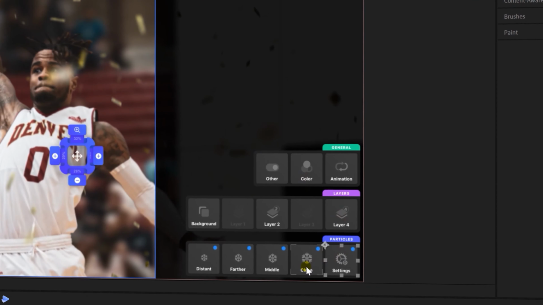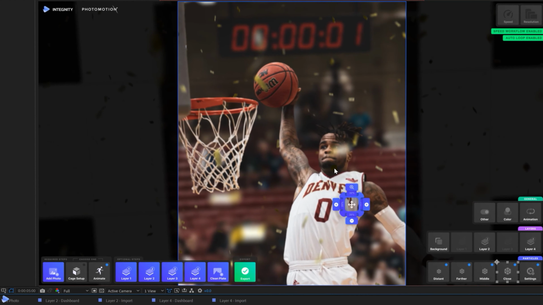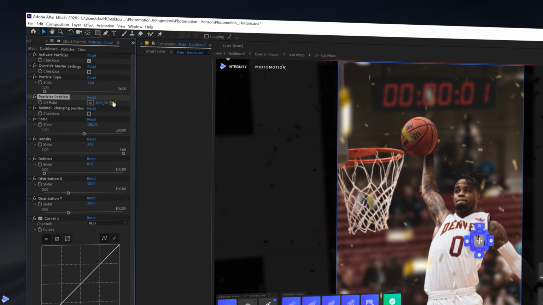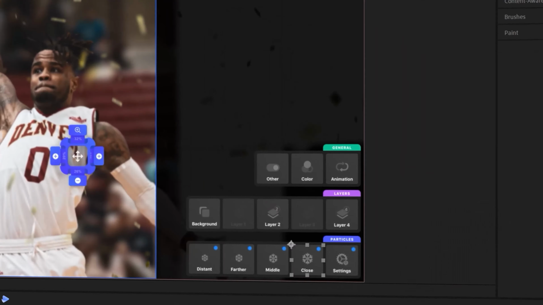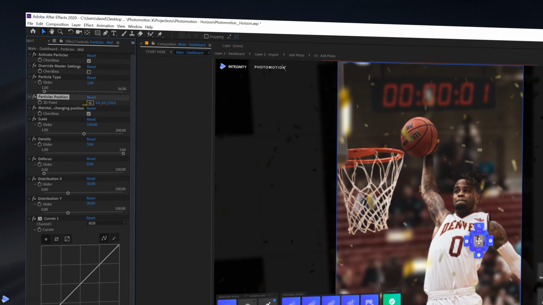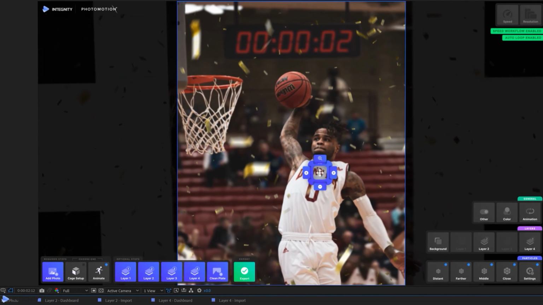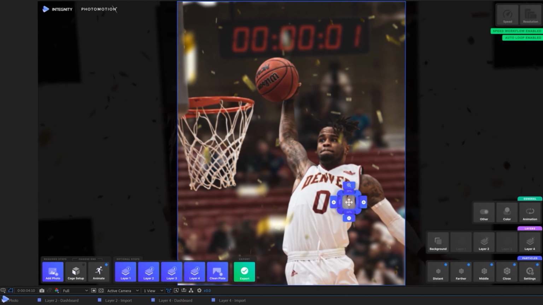So the problem that we're having now is that these particles are kind of blocking our subjects in terms of the foreground's positioning. So select the close button just down here on the particles tab on the main dashboard and then change their x-axis attributes just over here within effect controls so we can have them slightly out of the way. We'll also do the same with our middle ones too, just go over here and then change this so they're a little bit out of the way, and then once we're happy we'll go for a preview. Looking really great so far, and that's probably ready for rendering now.